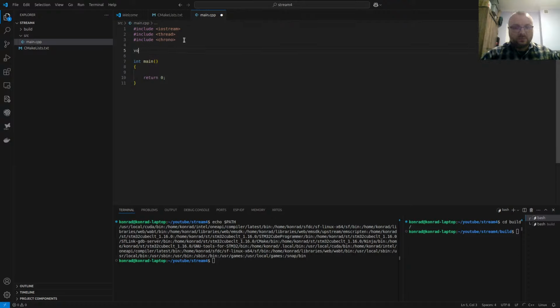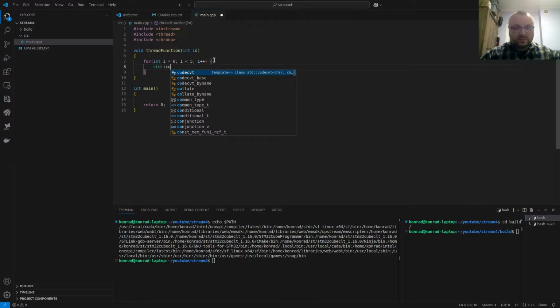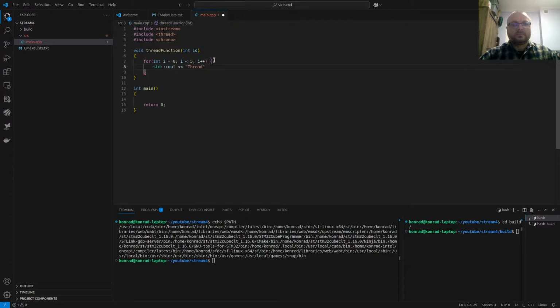Okay, so we'll create a thread function that will take an integer ID, and that will be a simple loop up to 5. Okay, and we'll just print out information: Thread, ID, working,